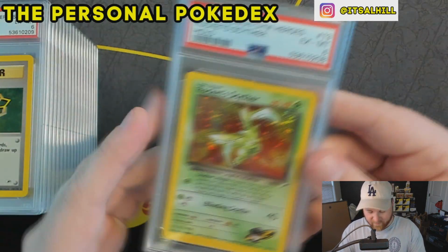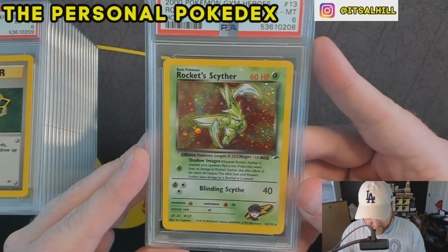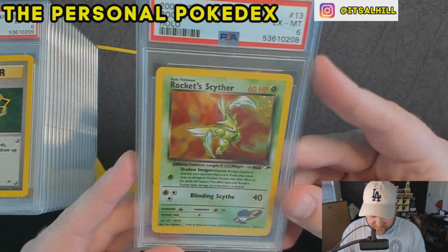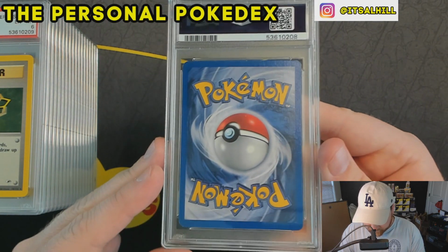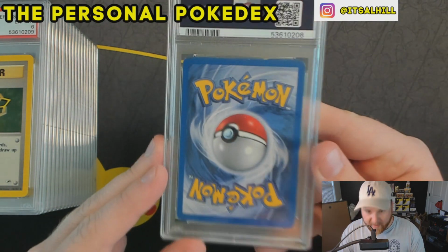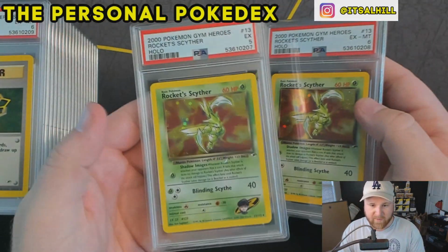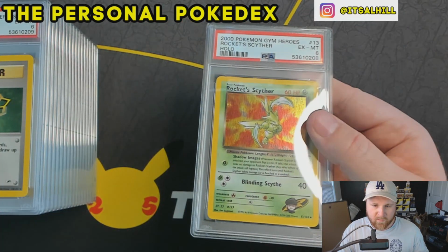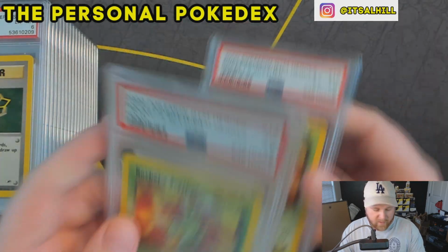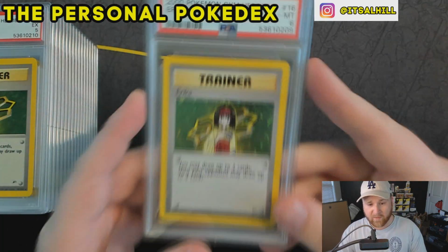We got a 6 next for comparison. This actually has a lot more foil scratching than the previous card. The cut generally looks the same. Taking a look at the back, similar whitening. Still something I would normally say was at least a 7 on this. I think this one is actually better condition. You look at that foil. You can see the scratches on that one versus... Alright, anyways, these could be crack and regrades or crack and sell raw at this point,